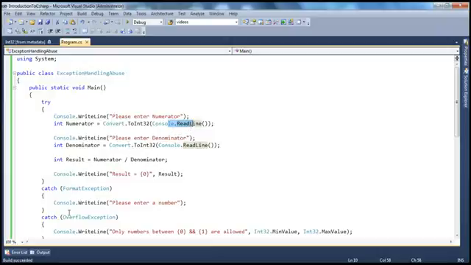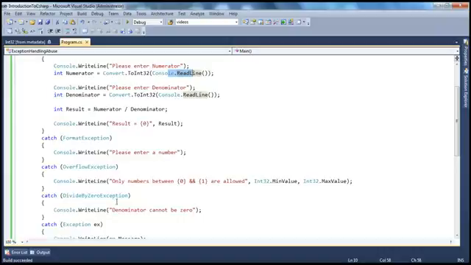Again, we catch that exception and then we say, okay, the number should only be between the minimum and maximum value that an integer type can hold. And similarly, if the denominator is 0, it tries to divide that and we get a divide by 0 exception, and we catch that exception and then we tell the user denominator cannot be 0. So basically you are allowing this program to throw the respective exceptions, and then you're using that exception handling to control what error messages to be shown to the user and subsequently the flow of the program, which is